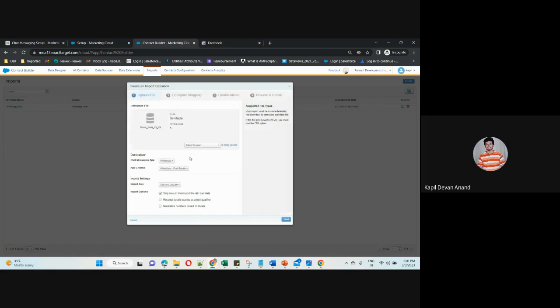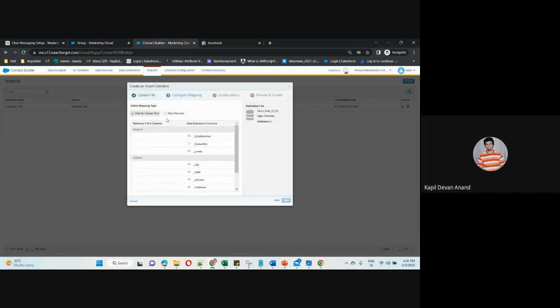So once we check that agree button, then just click on next. Here we need to click on map manually and then map our fields. Like mobile number should be mapped with phone. In future, whenever you are creating, it might be mobile number or phone number or anything. Because the data extension I created had phone, I'm just selecting phone, and then contact key will be